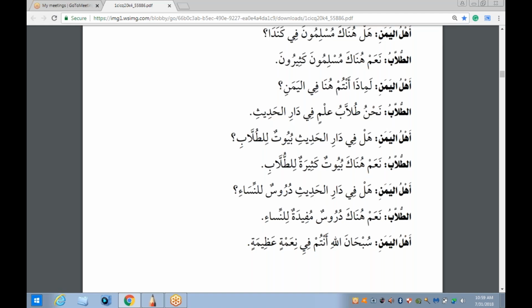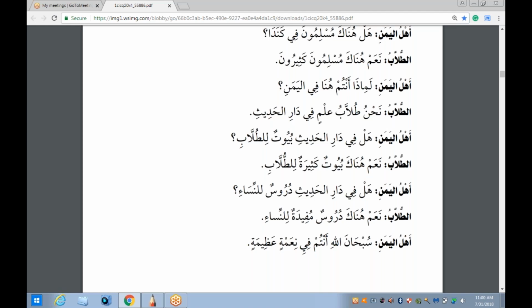The vocabulary is increasing. نعم. هل في دار الحديث دروس للنساء؟ Are there in the school of hadith lessons for the women? نعم هناك دروس مفيدة للنساء. عندك يا داوود؟ ما شاء الله, my sister answered it. دروس مفيدة. ما معنى مفيدة؟